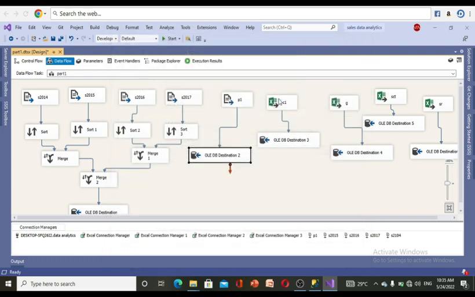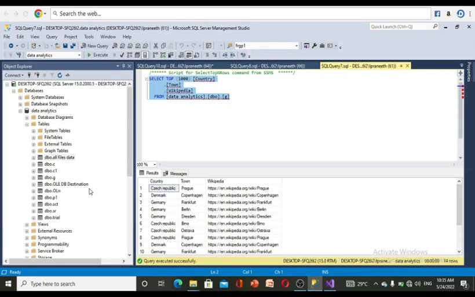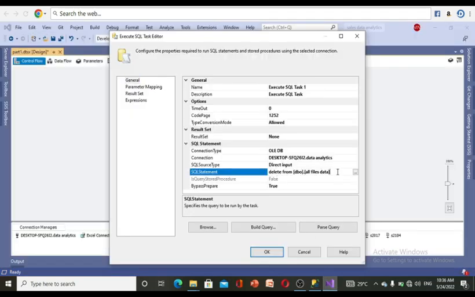P1, right? So from here, drag this one, cut it, paste here, Control V,